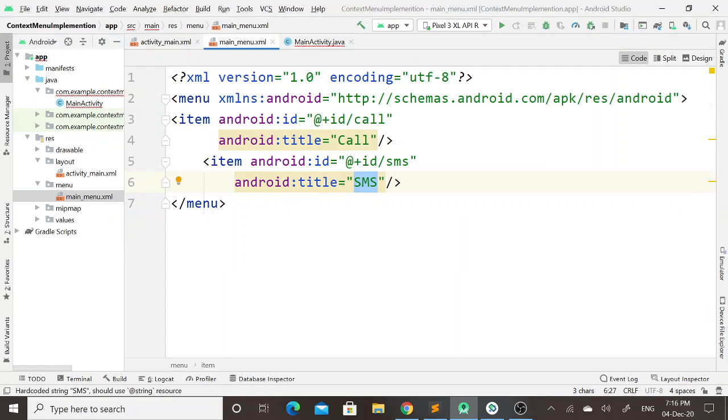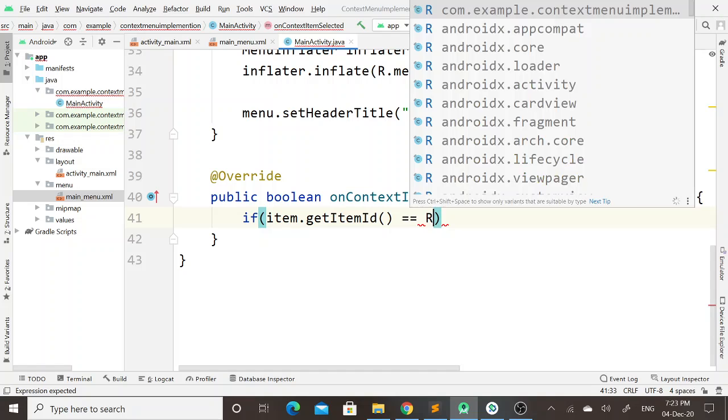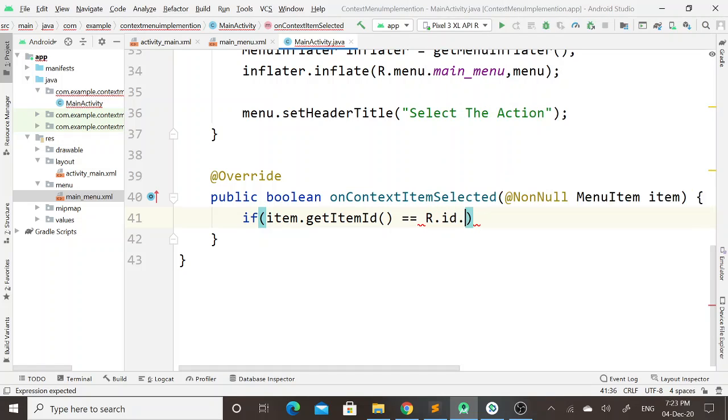Here in this main_menu.xml file, I have set call as an id to the first item and SMS as an id to the second item. So if item dot getItemId is equal to the R dot id dot call, if this condition is true, then